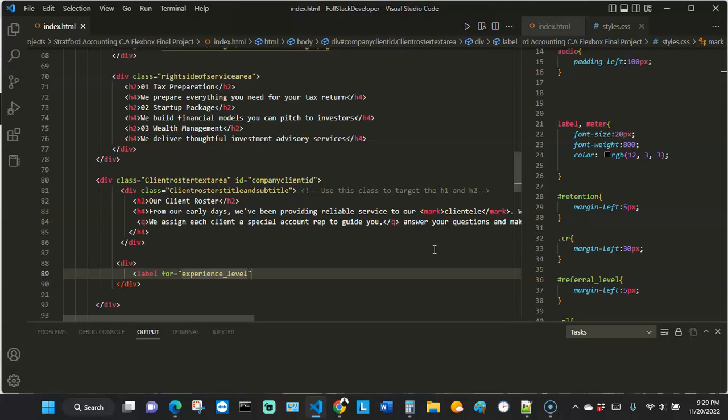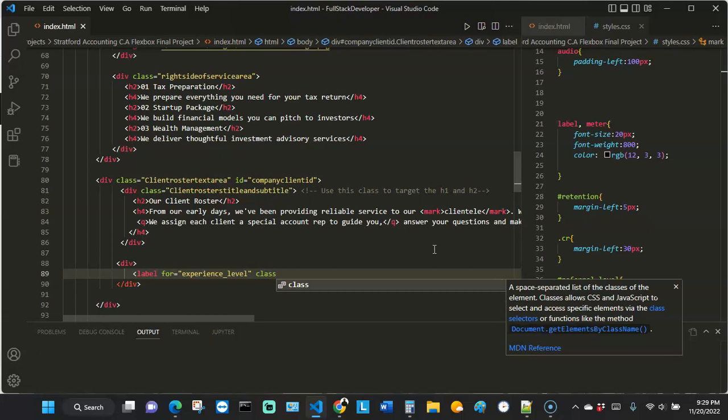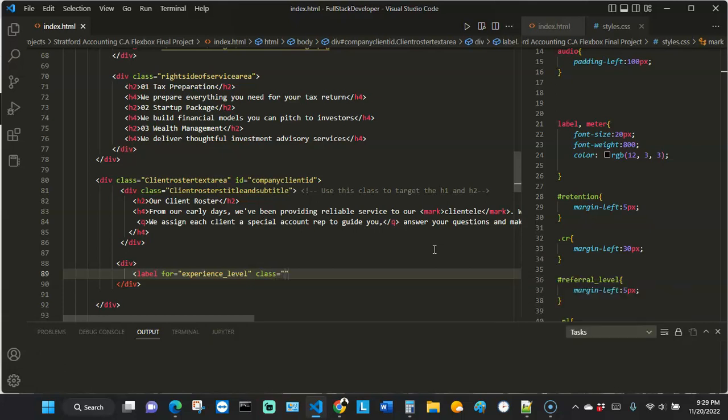All right, something like that. Okay, and then you can add a class to it in case sometimes you may need to style it a little bit, so it's a good practice to add a class to it. All right, inside here I'm going to put experience, so I'll say experience underscore level right here,